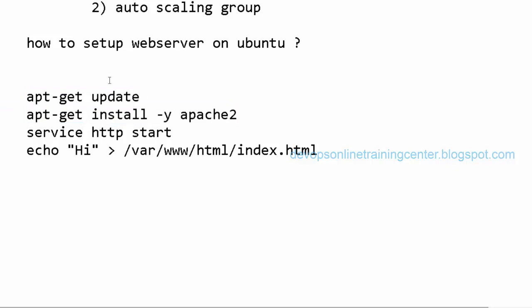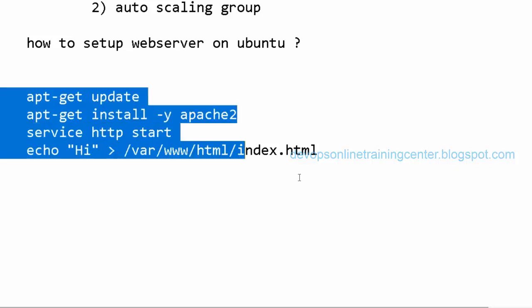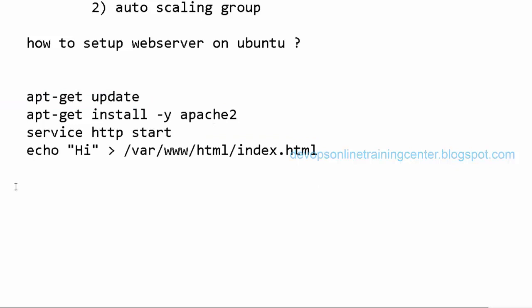If it is apt-get, we need to do apt-get update first, then install all these things, right? Yeah, this is fine. It's apache2 on Ubuntu, HTTPD on RHEL or CentOS or Fedora. Okay. It's ssh on Ubuntu, sshd on CentOS, Fedora, or RHEL derivatives, right? Yeah.